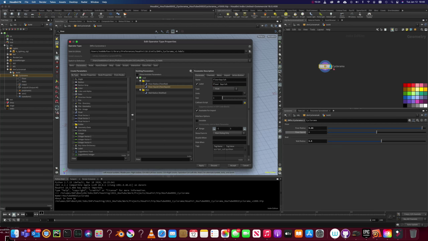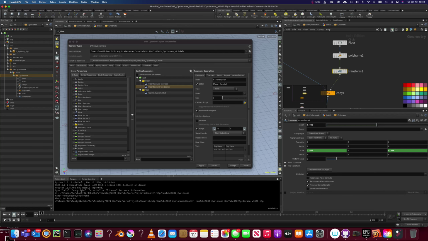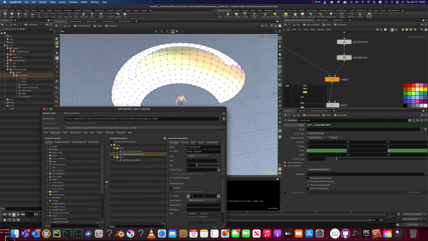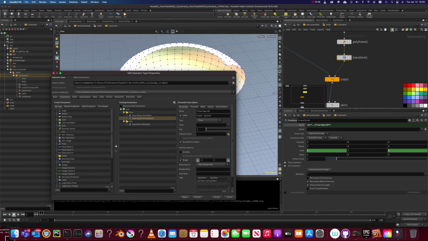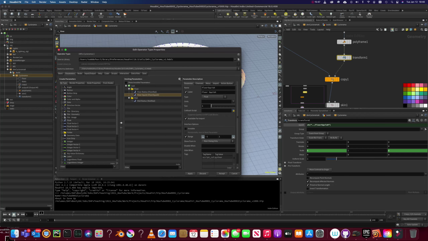Apply, accept, copy parameter, go in here, and we're going to just paste it in here for now. Base relative reference. Okay, so now we've got a little bit of a floor squish, and that's a good thing. The other thing we might want or need is, depending upon how big our stage is,